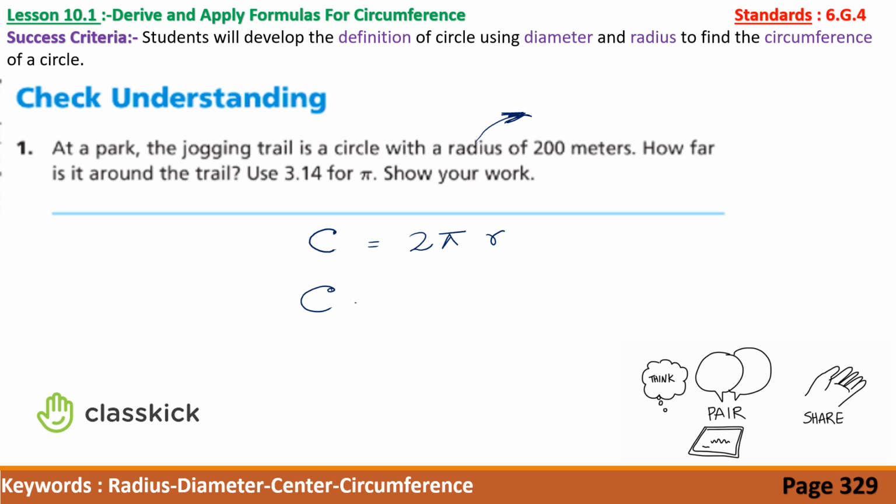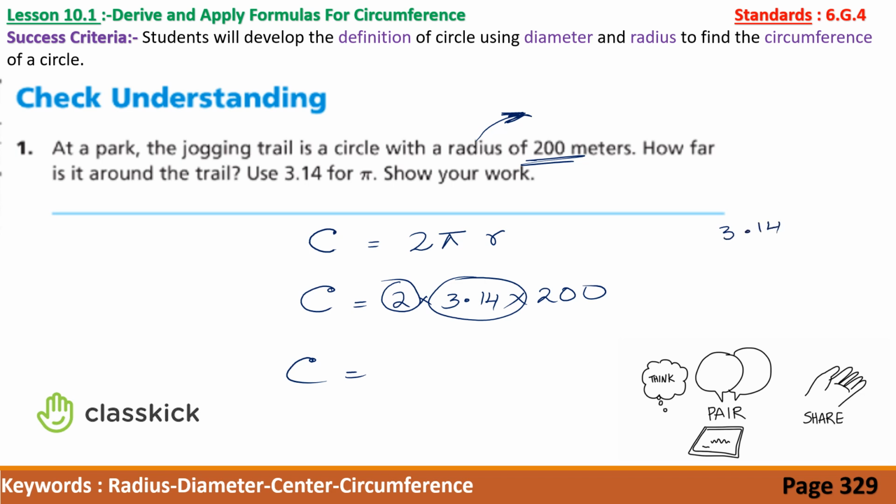So C equals, we will write 2. In place of pi, we can write 3.14. And what is our radius? The radius is 200 meters. Now multiply. Look at this, 2 multiplied by 3.14. Okay, so we can write here